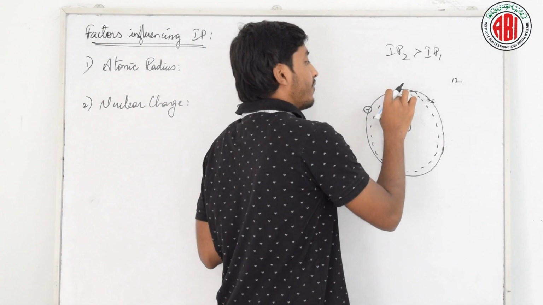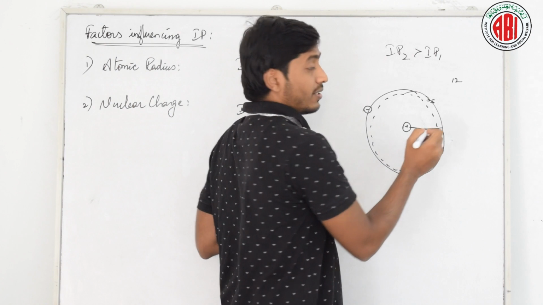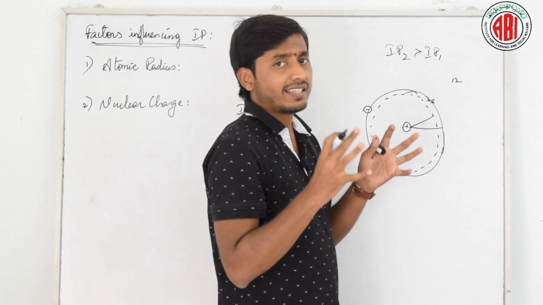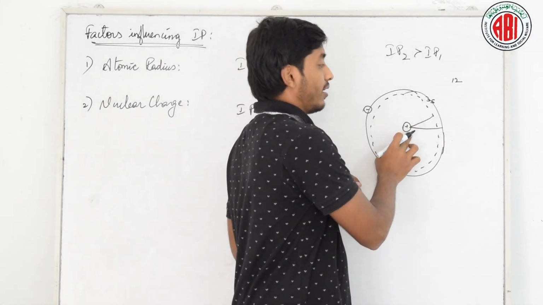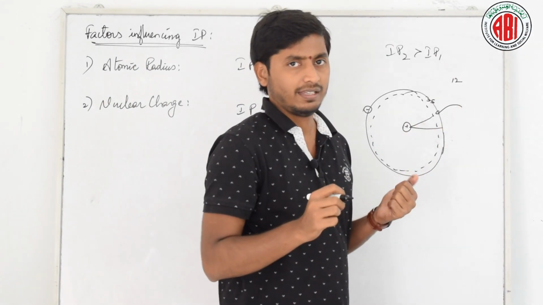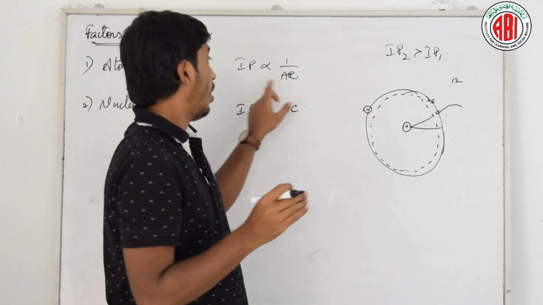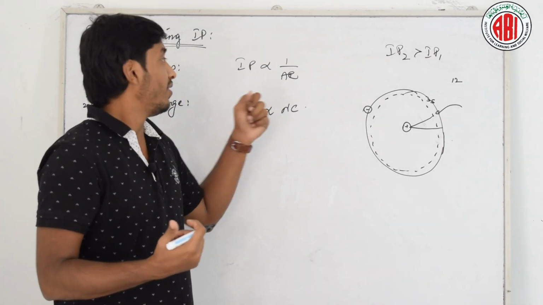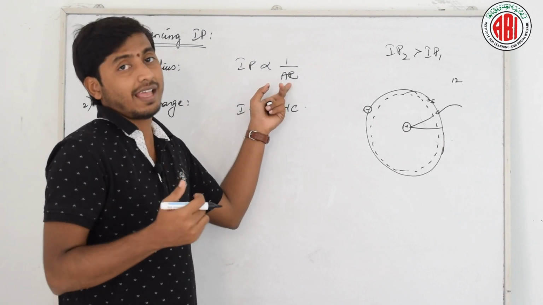If the atomic size is being reduced, the distance from the nucleus to the outer electron is smaller than before, right? Since the atomic size is reduced, the nuclear attraction also increases, which means the external energy required to remove an electron will be increased, isn't it? Yes or no? Which means if my atomic radius is very high, obviously my IP should be very less. So the IP increases with the decrease in the atomic size.